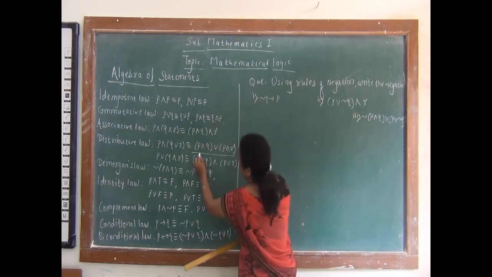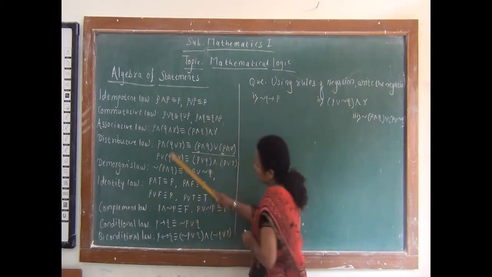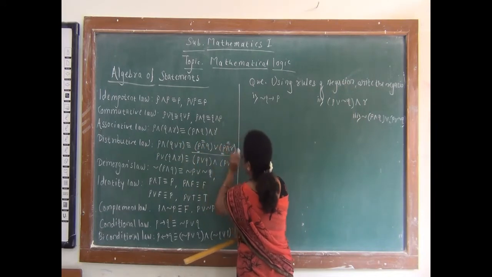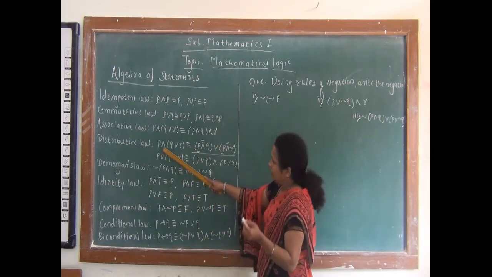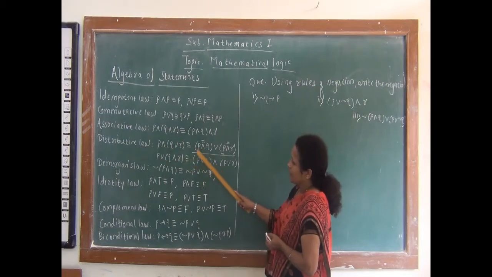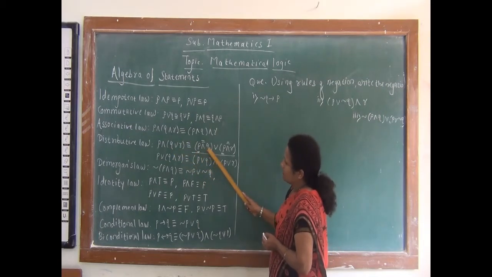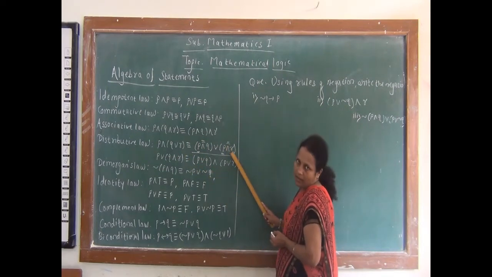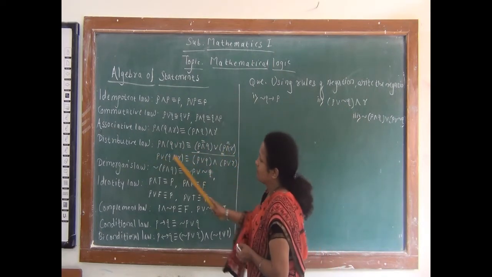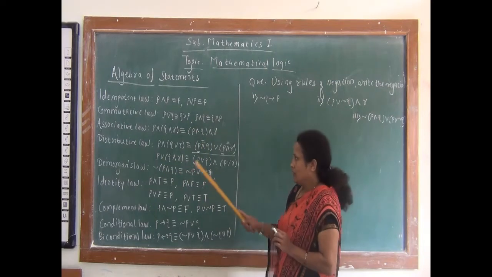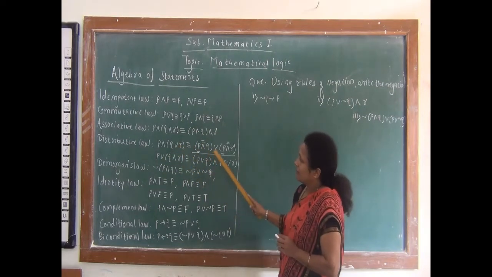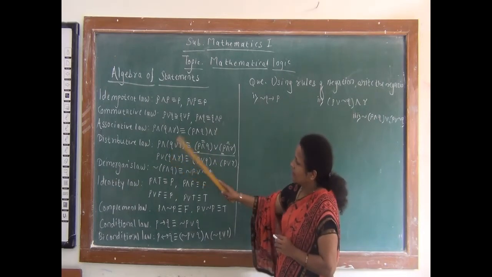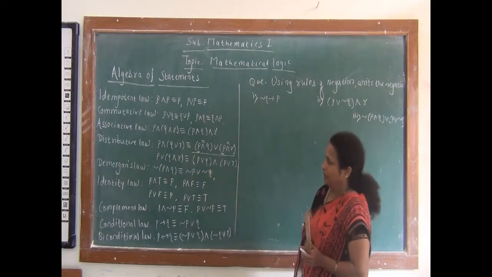On the RHS the common term is P. So first write this P. Then the common operation and. So write and, then write the remaining terms in a bracket. So in the bracket the first term is Q, then the operation or, and then the second term is R. So we have to apply this distributive law on both sides. If we are given this LHS, then write this RHS, and from this RHS write this LHS. Again the second statement is the dual of the first statement.